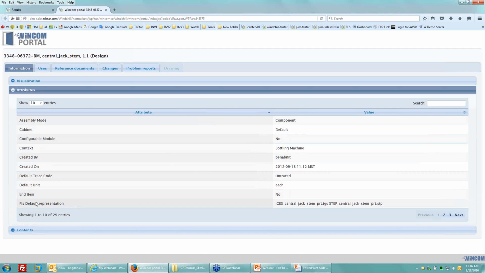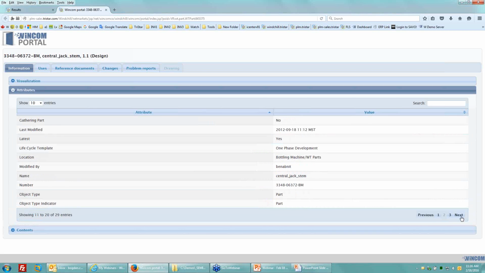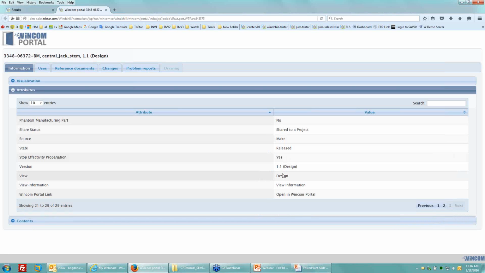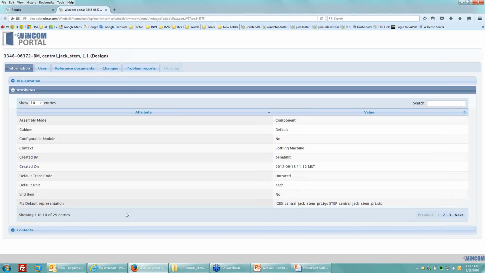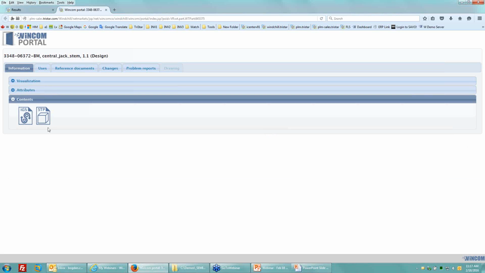So if you have your standard attributes and company-defined attributes like descriptions, materials, and so on, version information, who created it, you can see these on the description page. And also the content page. So right from this portal, if I need to download a STEP file or an IGES file, those two are